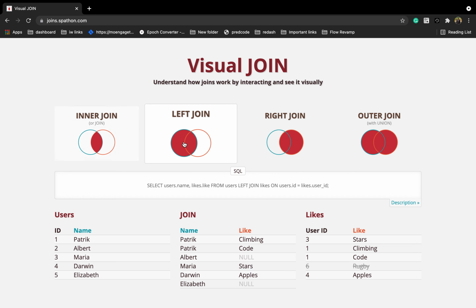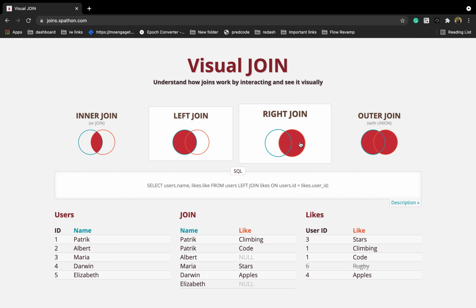Left join, if we'll talk about, so let me click on this. So left join is you are including the left part, every ID you are including, right? However, you are including only the common part from the right side, right? So let's say ID and user ID, if you are doing, so all ID is there. So if you'll see, all names are there in this name. However, in this like, only the common thing is there. Common thing in the sense, which is if you'll see, this is null. Albert is null because this is not there in this right. This is not common in this, right? So this is what it is all about left join.